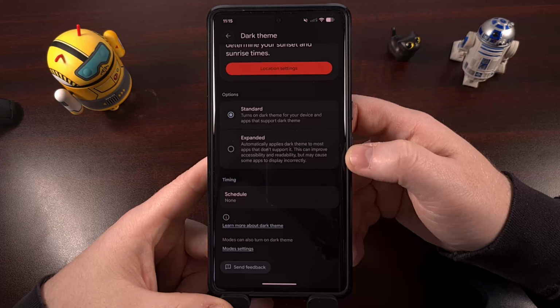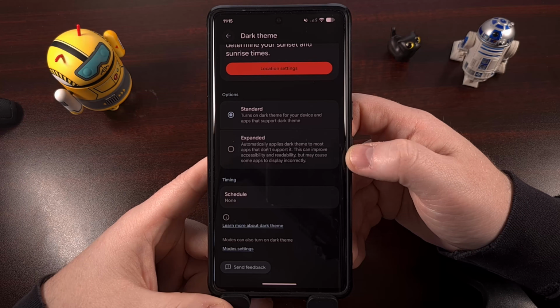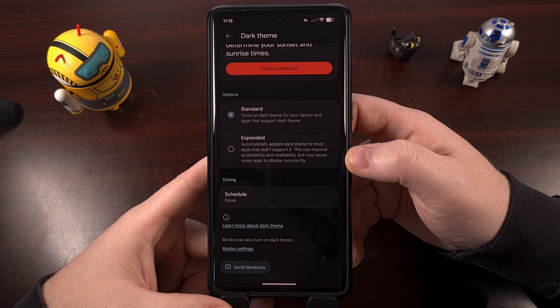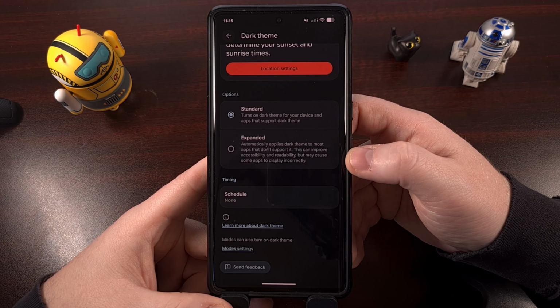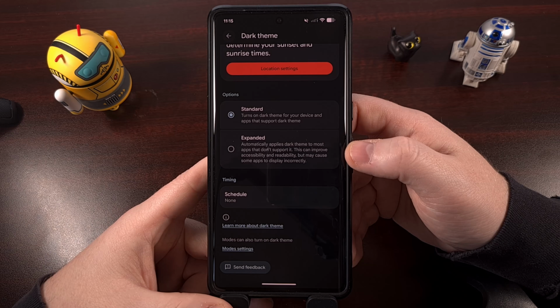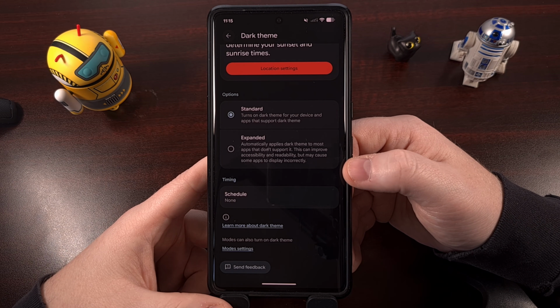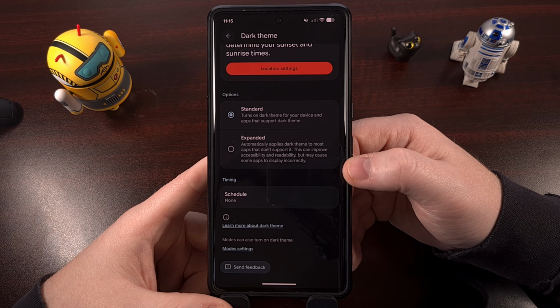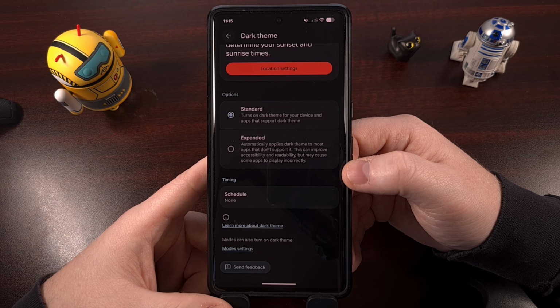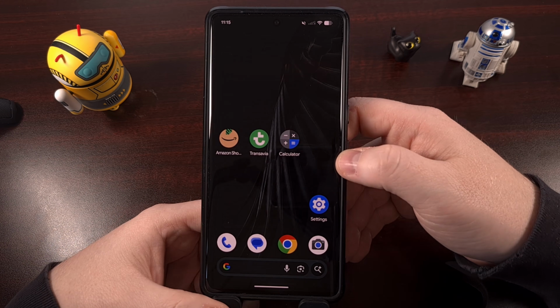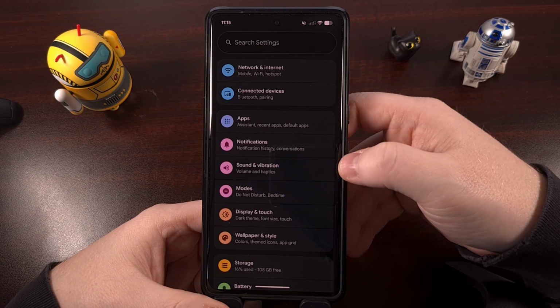As long as you're able to install the Android 16 QPR2 firmware update on your Pixel phone, then you will have access to this new expanded dark mode feature. As of right now, it's officially available on all Pixel devices released since the original Pixel 6. And after the December firmware update has been installed, then you can find this new feature by first diving into